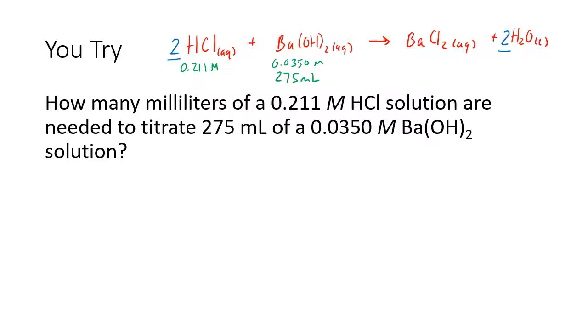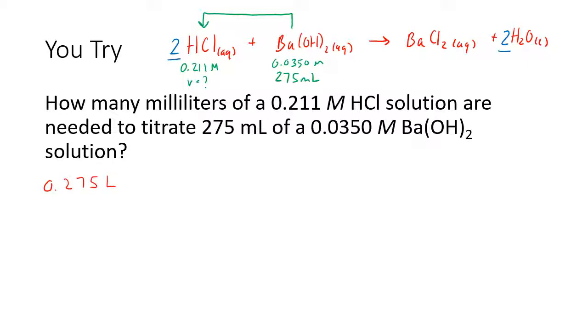That would be our analyte in this case, and we would be titrating with the HCl inside of the burette in this example. So we're going to start with our barium hydroxide and work backwards to our HCl to figure out what that unknown volume is. So starting with our volume in liters of our barium hydroxide, we're going to have